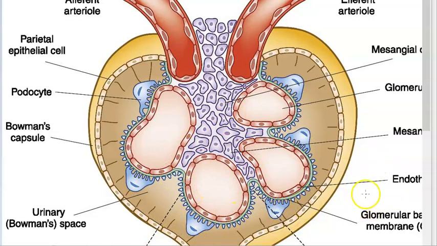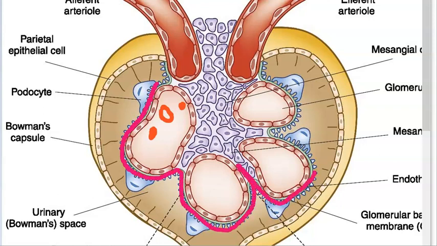So you have the blood coming in, right? So in the blood, where is the blood here? It's coming into the kidney, and this is the capillary lumen. Around the capillary lumen, you have the endothelial cells, right? That is the blood vessel wall. Around it, what you have is the glomerular basement membrane, which we will represent here. This is the glomerular basement membrane around this endothelium. Okay. This is the glomerular basement membrane.